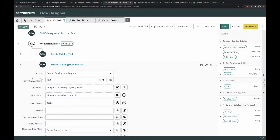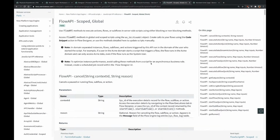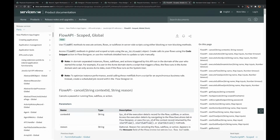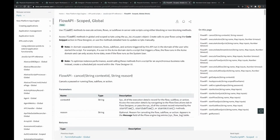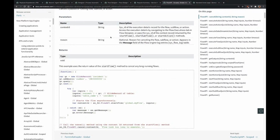What else did I have in Flow Designer? They've changed all of the Flow APIs. Again, I think this is like the second or third time. I get why they do that sort of stuff, and they maintain historical, like it will still work. So don't stress about going back and editing everything, but it's now...